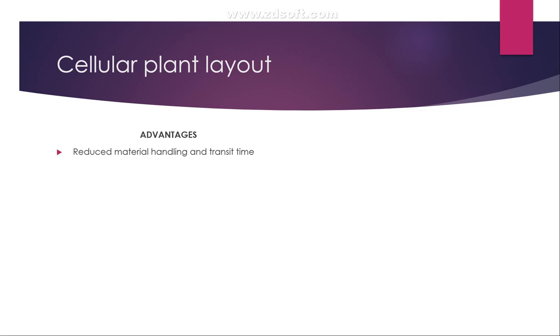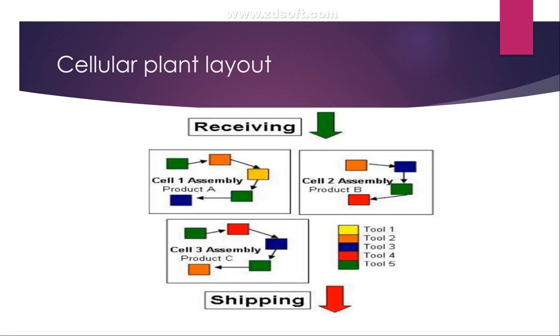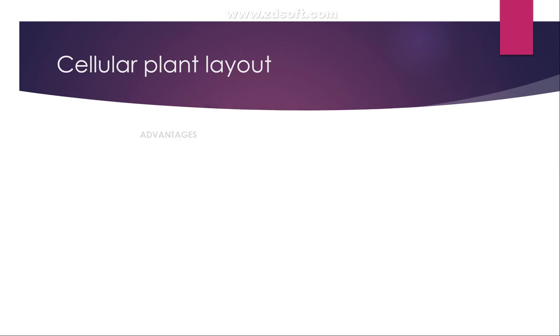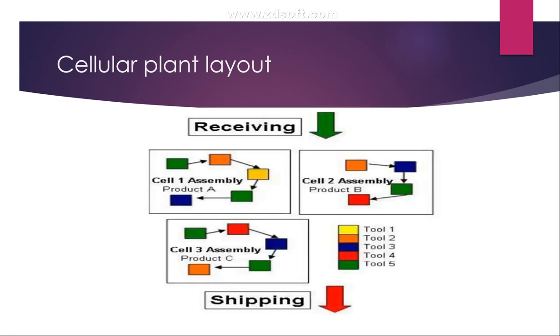As we saw in a previous picture, there are five different tools. If I go back to the previous slide and observe, to produce product A, there are four tools required. To produce B, there are four machines required, or four tools required. So somewhere the machinery handling